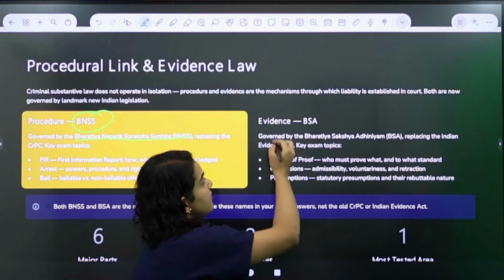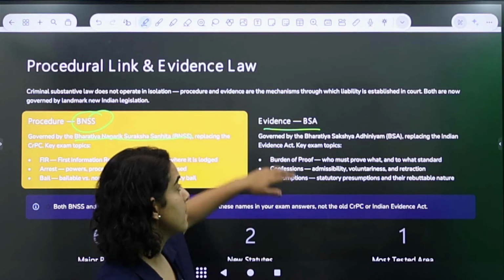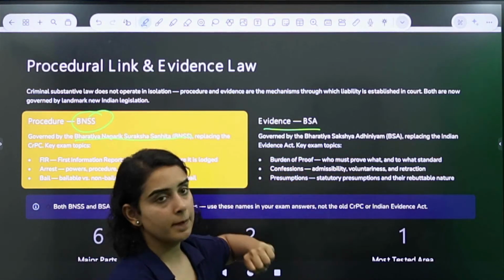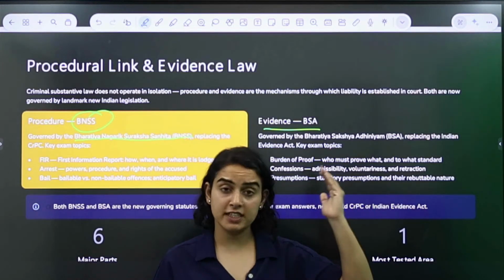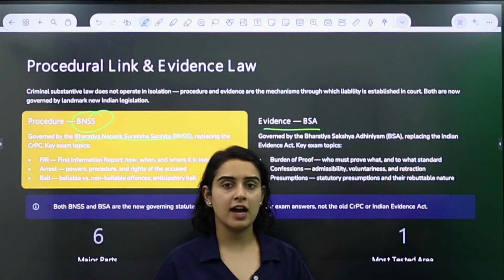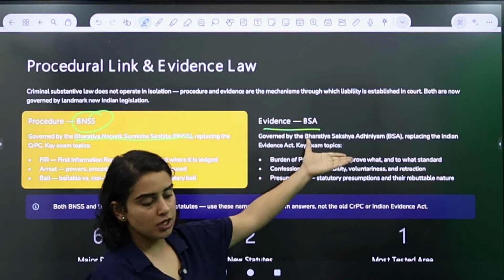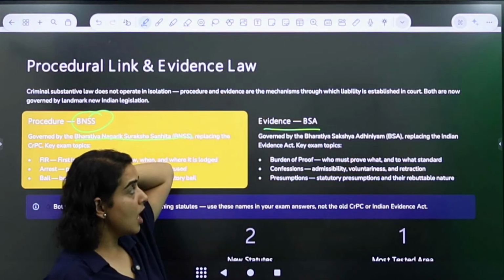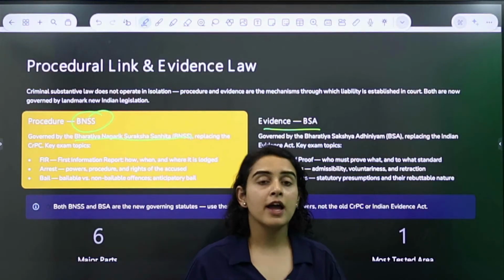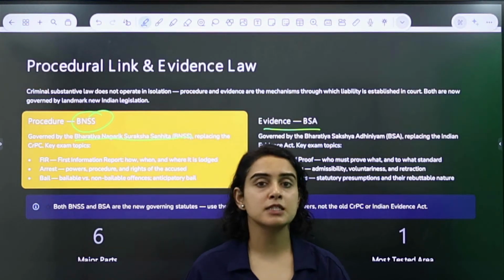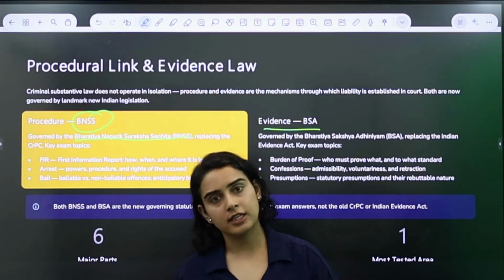And then we have the Evidence Act, which is now known as Bharatiya Sakshya Adhiniyam, right? Again, earlier the name was Evidence Act of 1872. The new criminal laws that we've had in 2023 have changed the name to Bharatiya Sakshya Adhiniyam, right? So now it is a law which tells about how evidence has to be presented in a specific case, and it is applicable on both civil laws and criminal laws.